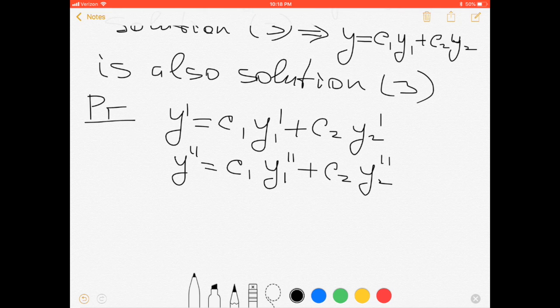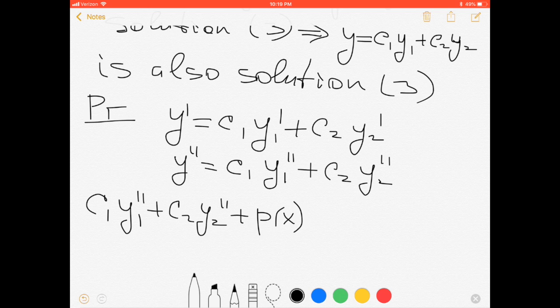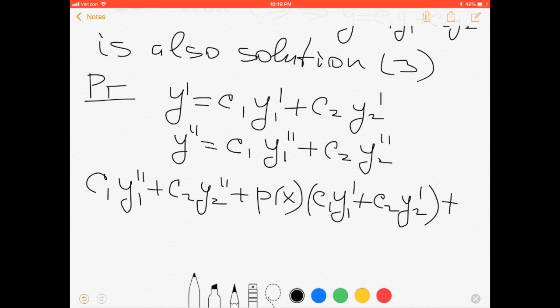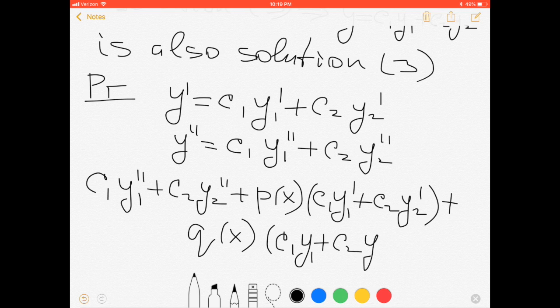Plugging the function and its first and second derivative into our equation, we have c1 y1 second plus c2 y2 second, plus p(x) multiplied by c1 y1 first plus c2 y2 first, plus q(x) multiplied by c1 y1 plus c2 y2, and this is equal to